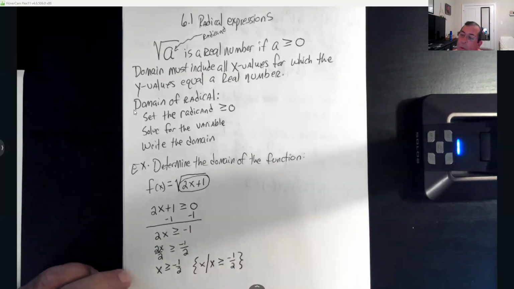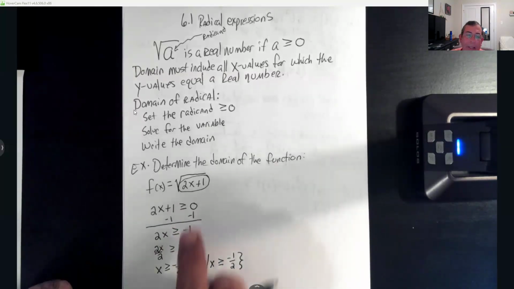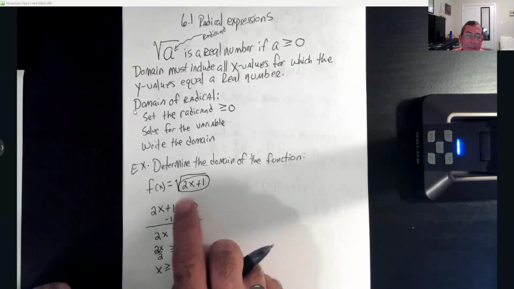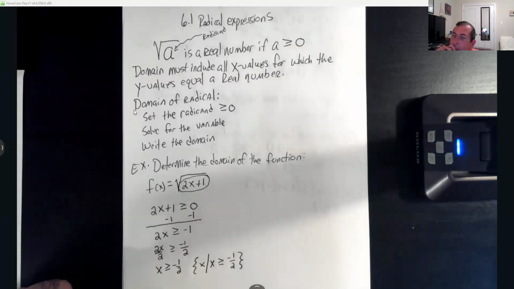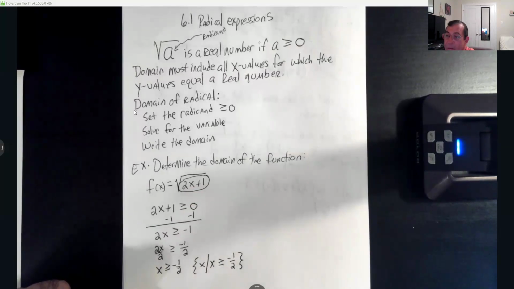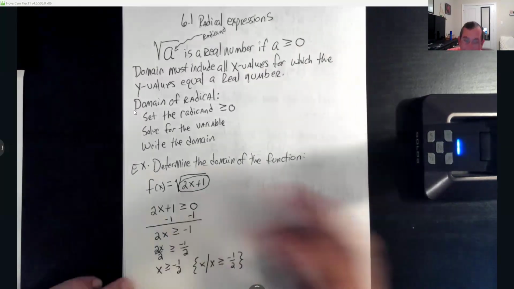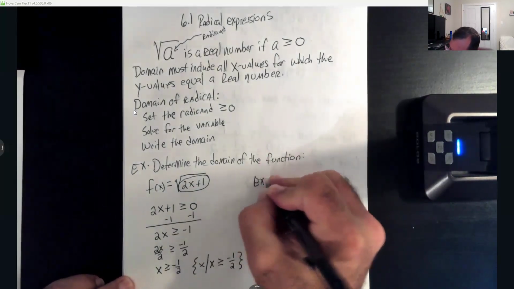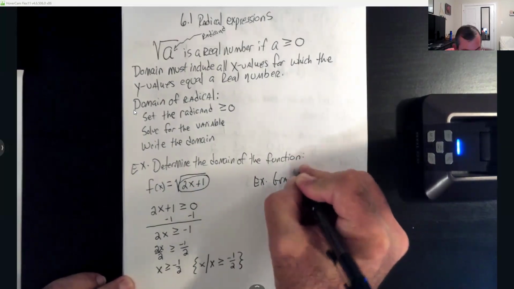So the second thing in the world that we were worried about on domains are the radicals, and they got to be greater than or equal to 0. The other thing was the fractions, remember. On fractions, we couldn't have zeros in the denominator. Now, y'all, on the next few exercises, they want us to graph